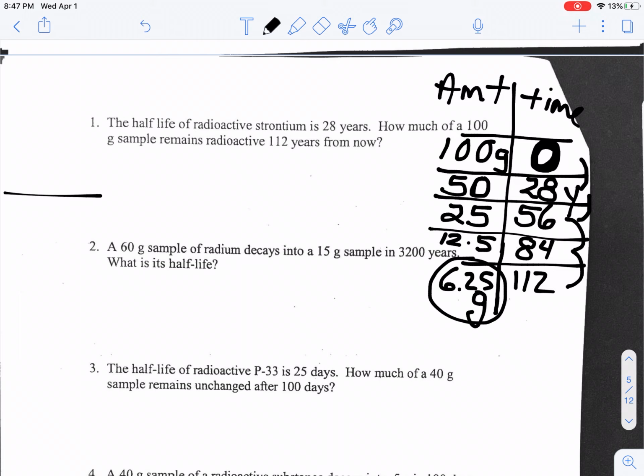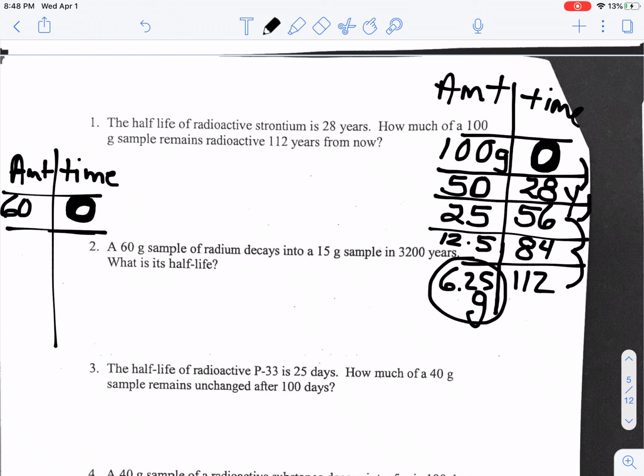So let's take a look at number 2. We'll do this one over here. We've got amount and time, and I put a 0 in this first slot before I read the problem. So problem number 2 says that I have a 60-gram sample. It decays into a 15-gram sample. So right now when I start my stopwatch, I always put a 0 in this first slot, is at 60